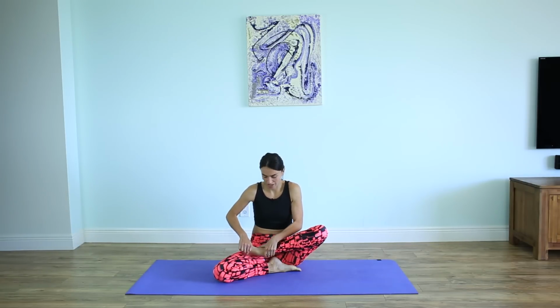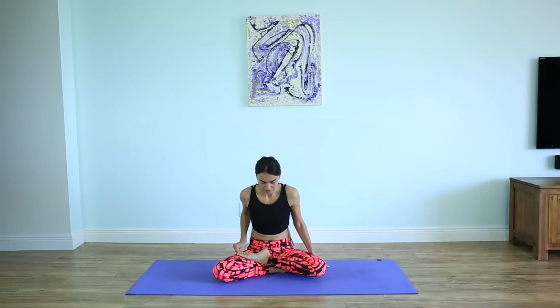So don't put, like, normally people like to put the more flexible leg on top. Let's do the other way. Let's do our uncomfortable way first. And spread the weight evenly between your left and right sit bone, elongating the spine, and relax your shoulders down,